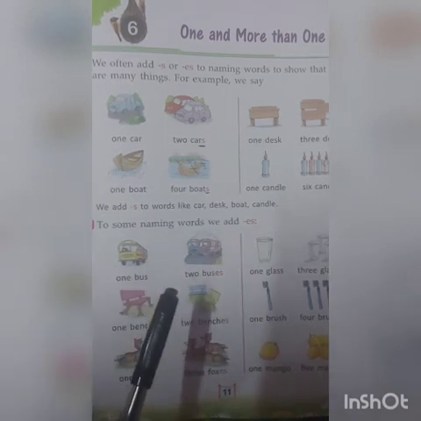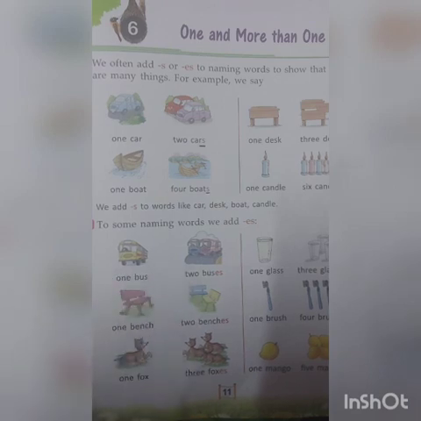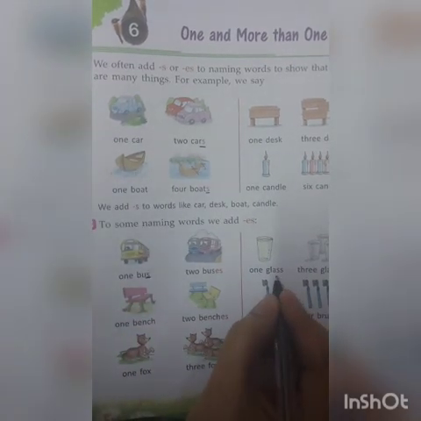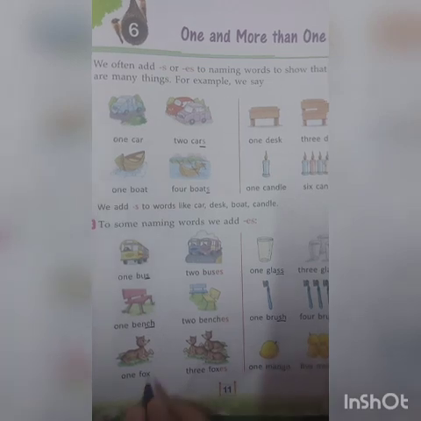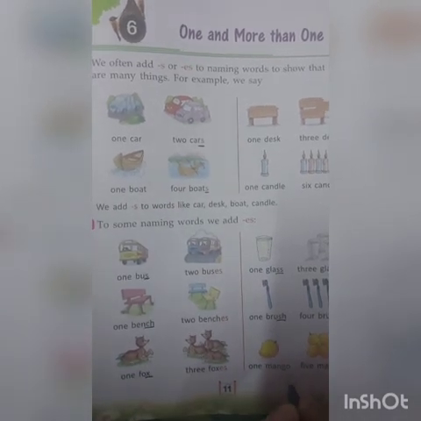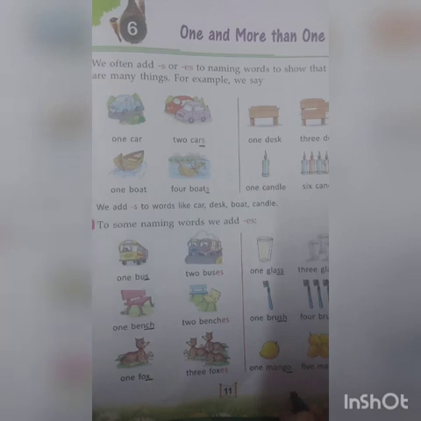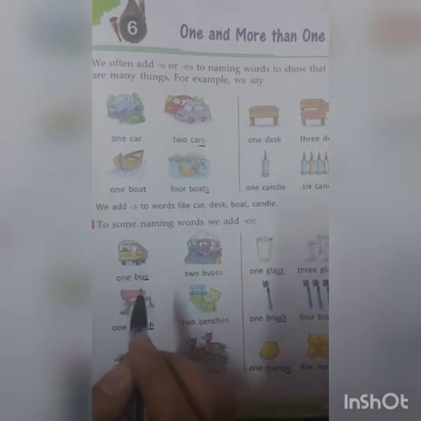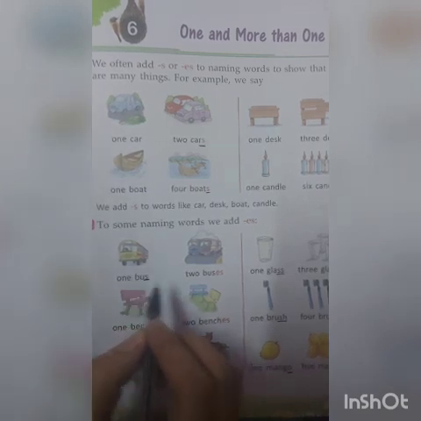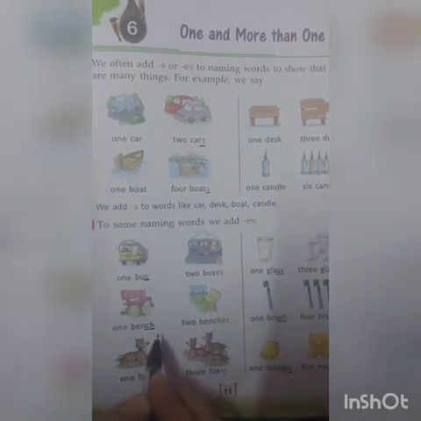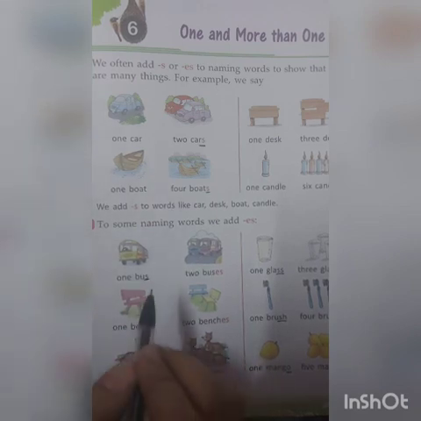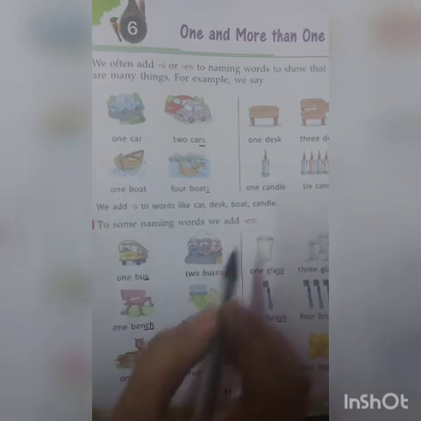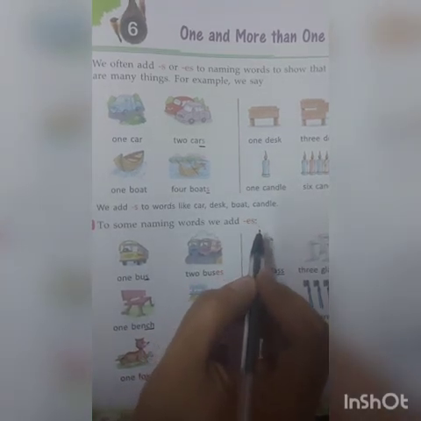Now these include the naming words which are ending in S, double S, CH, SH, X and O. Okay, so words which have S, double S, CH, SH, X and O as the last letter. To such words we add ES to make them more than one.